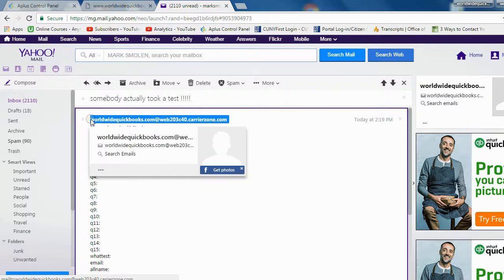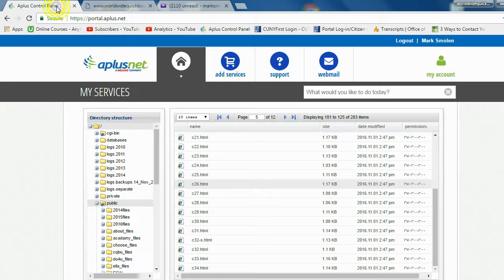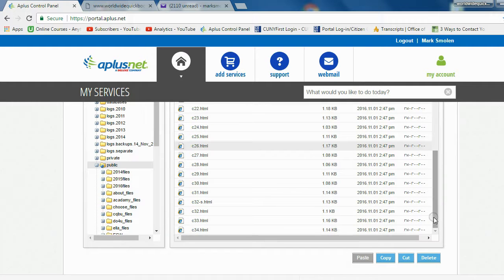Now, I got the PHP code from a website called carrierzone.com. I went back there and I couldn't get any help. But I found it from 2 years ago from Googling free form submission, and I got the PHP code. Now when we come back to the control panel, if we can find Testo, well, if you see it, okay,